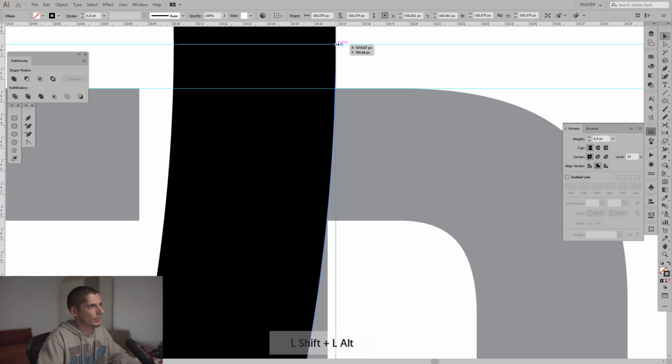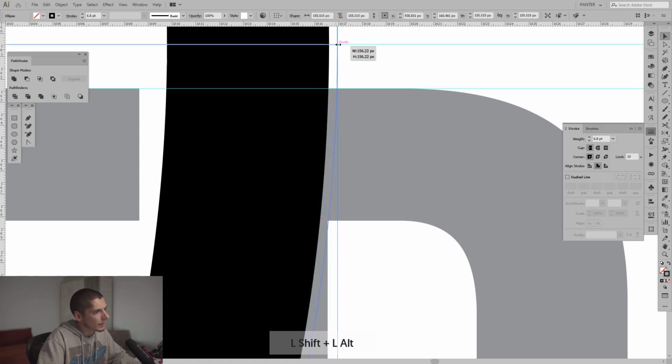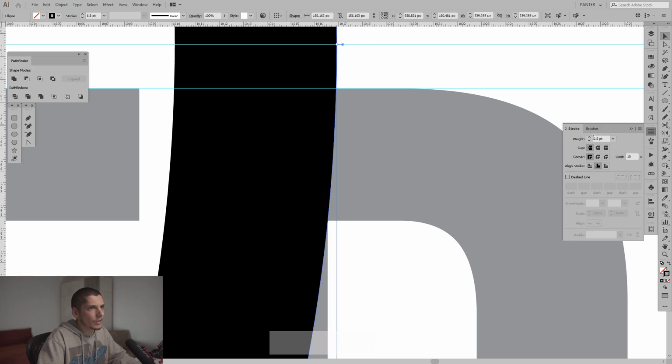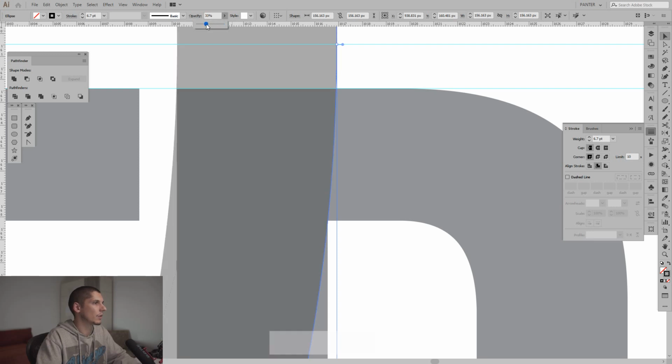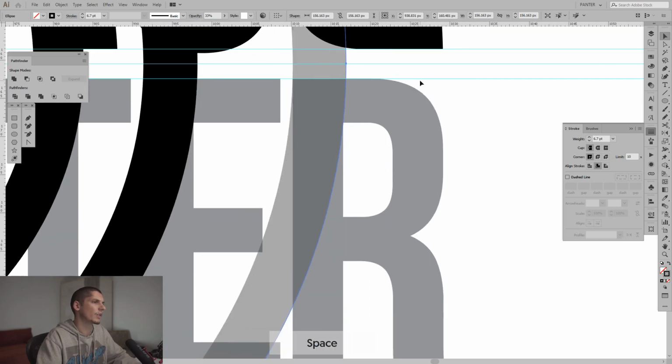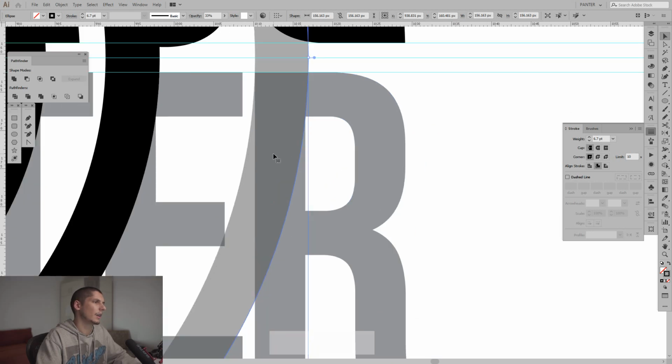Okay, wait a sec, it's not good. But I'm gonna fix it. 6.5. No, 6.7. I'm gonna decrease the opacity to see what's going on. This should be fine. Actually, I'm gonna leave it like that and create a new copy. Control C, Control F,